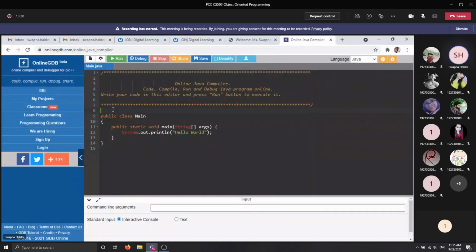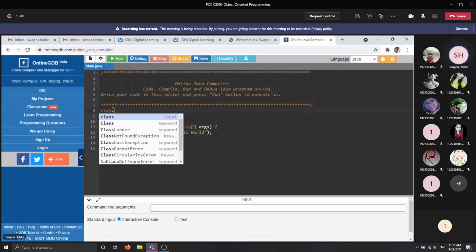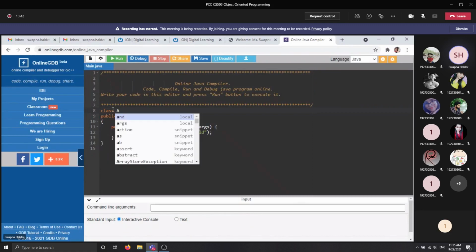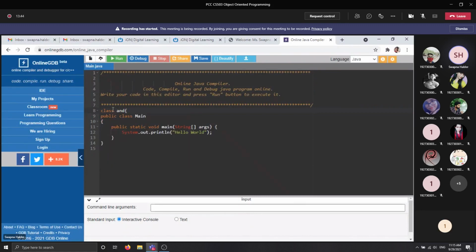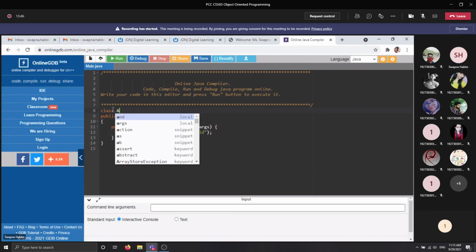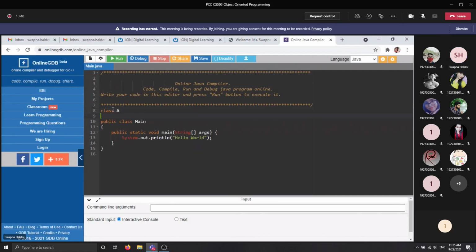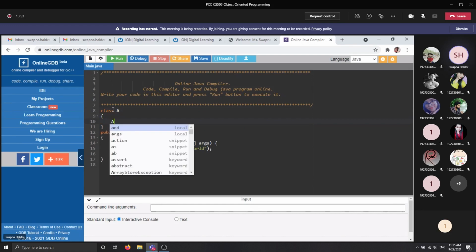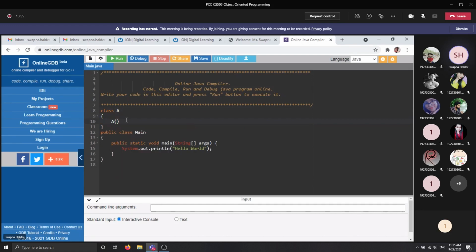Now we are writing the same example here, that is class A. This class creates one constructor that is without parameter. And after that, here we are just showing